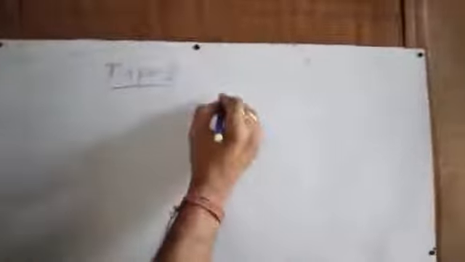Drawing of the polar plot for type 2. So type 2 system we have analyzed. Now we are going to draw the polar plot. So this is your real axis, this is your imaginary axis, and the initial value, that means at omega equal to 0, what is the value of